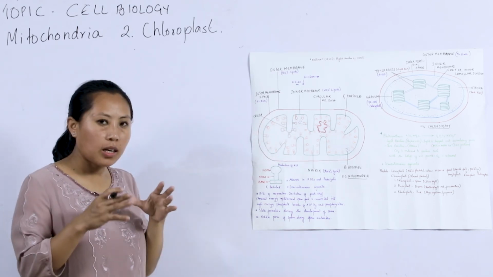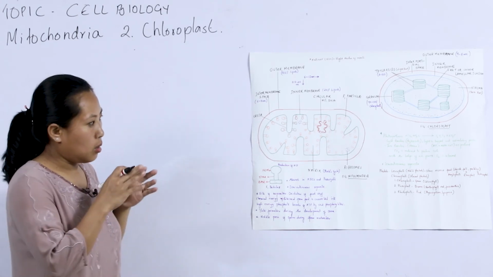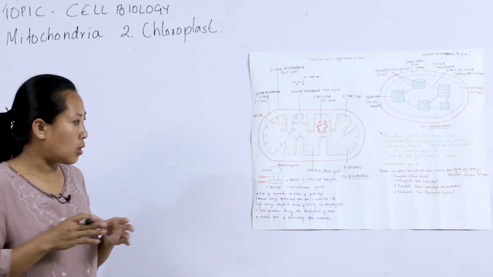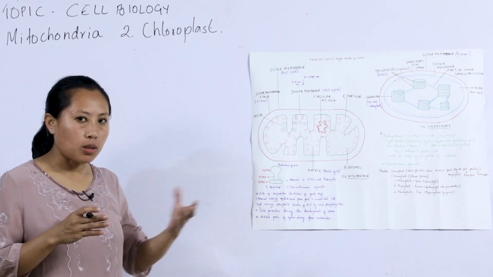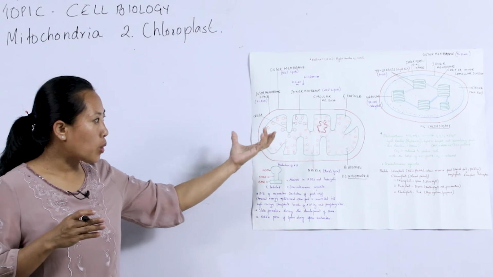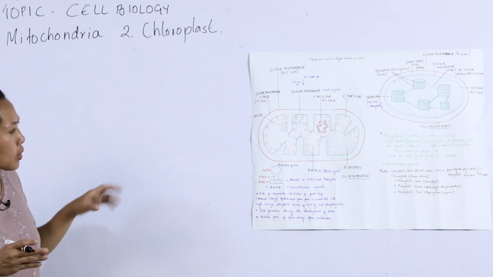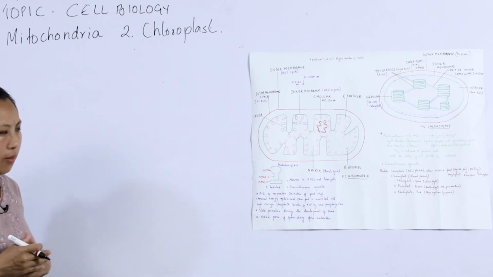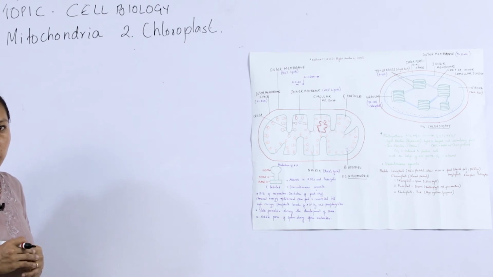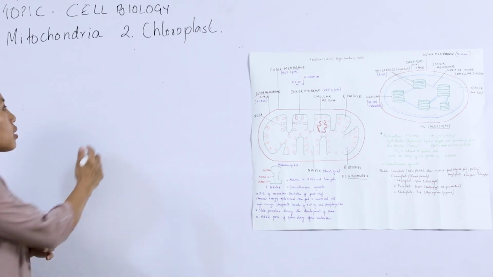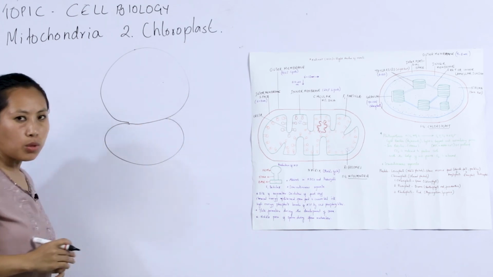When we go into the detailed steps of photosynthesis, the light reaction and dark reaction, and the detailed steps of oxidation of food, knowing these structures will help you a lot. As we have discussed, both these cell organelles have their own DNA and ribosomes. So, what are ribosomes? Ribosomes are the sites of protein synthesis.